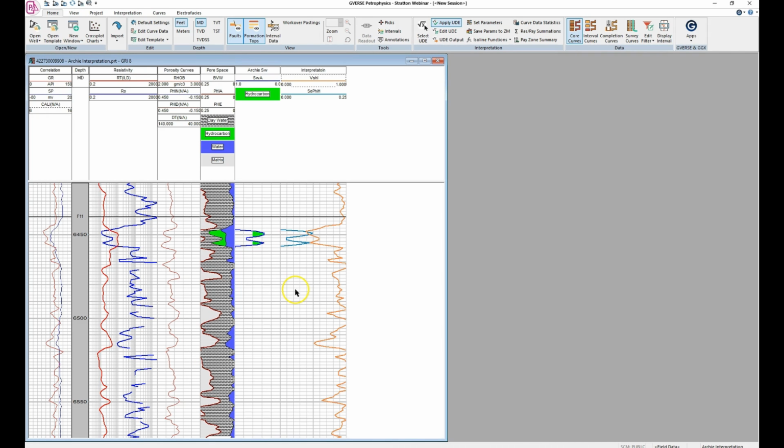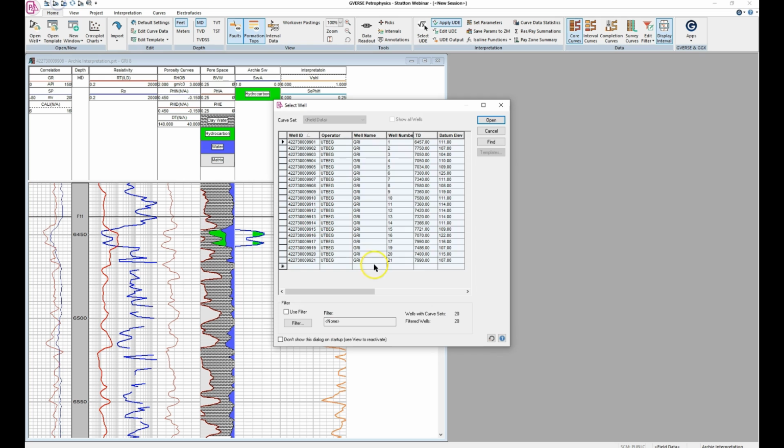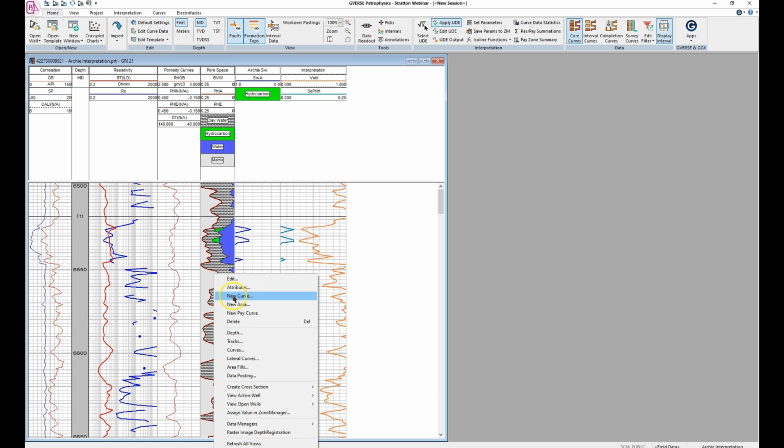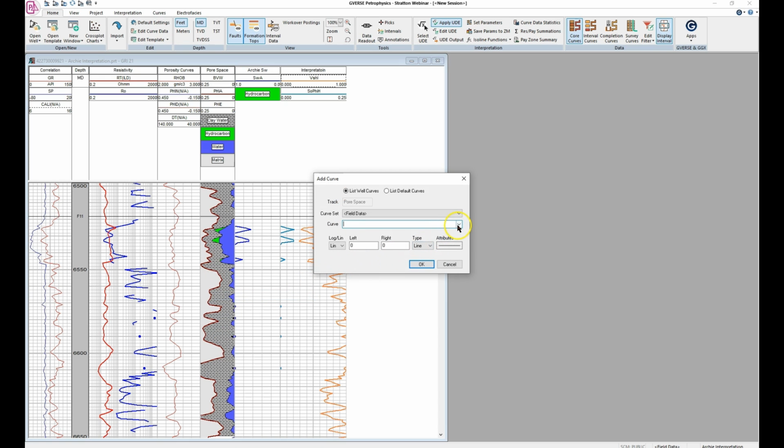Next, we want to then show the core curves on the track itself. Now I imported the data into GRI 21, so let's select that well. And let's add the core curves to the core porosity track. So right click, new curve, core porosity, and we'll change the scales to left is 0.25,